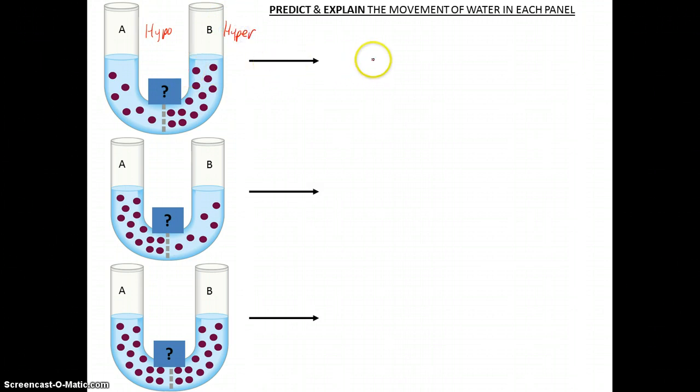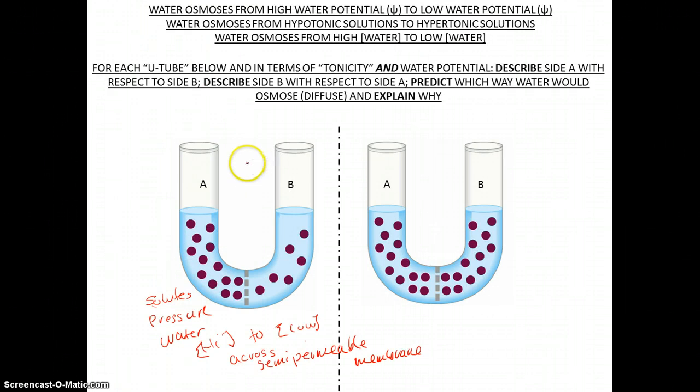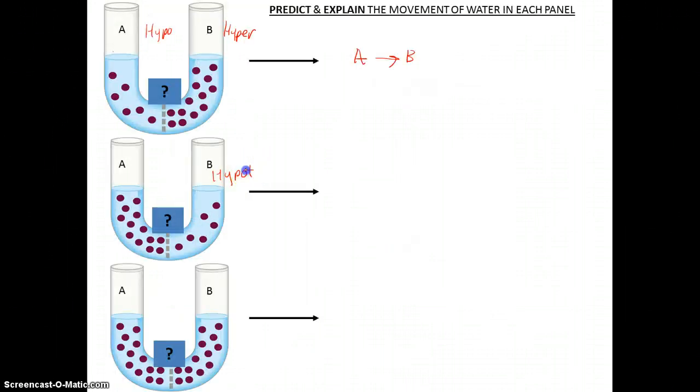So the direction would water go from A to B, because you have more water in A than B. Now in this case, you have B being hypotonic, or we could say it has a higher water potential, and A is hypertonic,